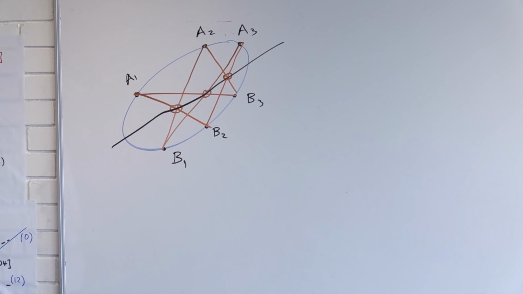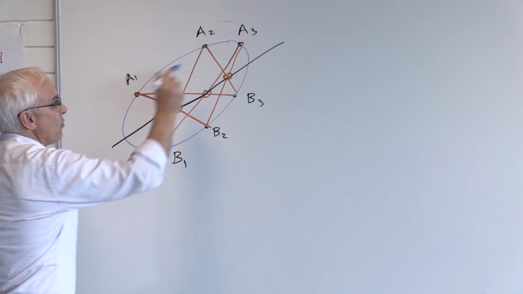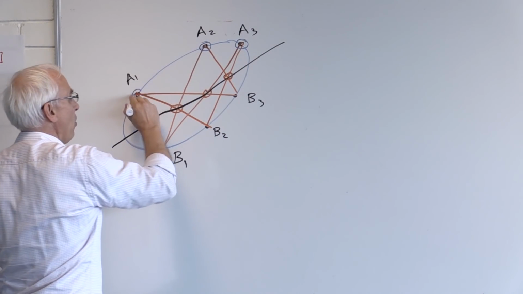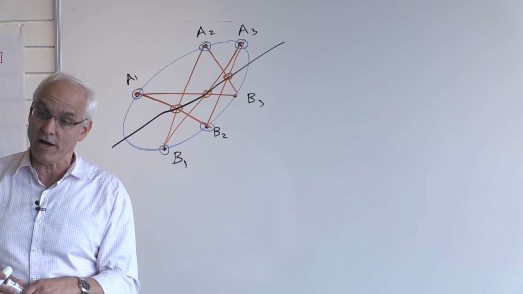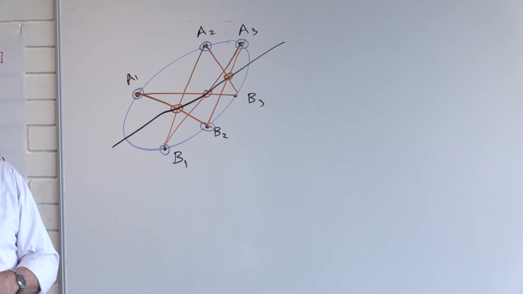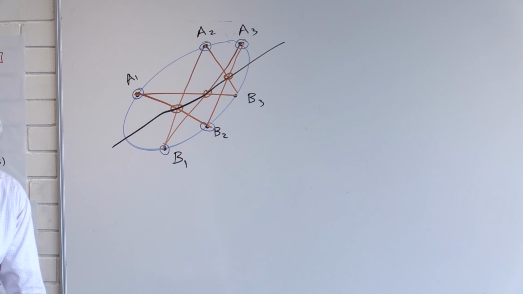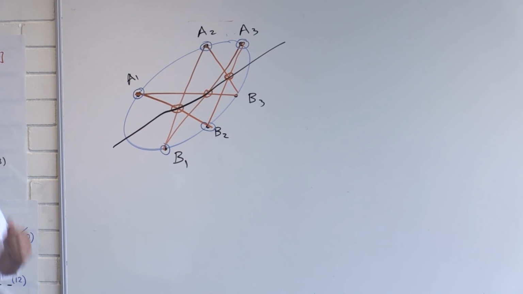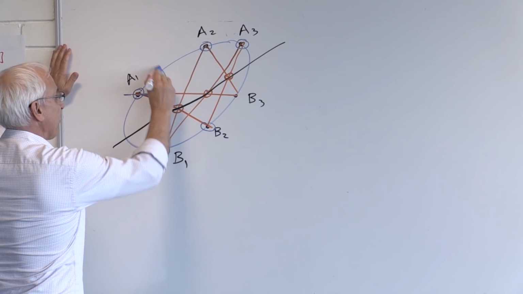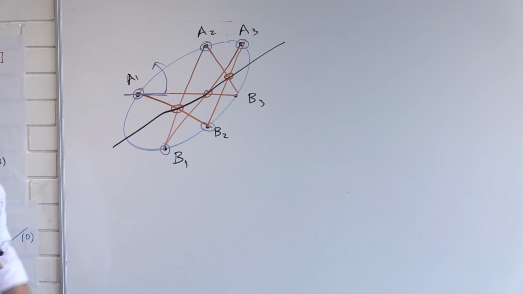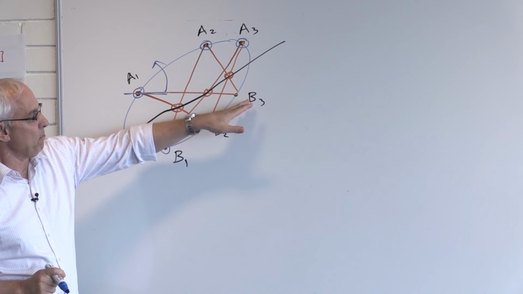Now, this has many unpleasant consequences, but one of them is that if you know 5 points, let's say you know these ones, and you want to actually physically construct the conic that passes through those 5 points, then what you can do is consider one of these lines to be variable. Let's say perhaps this one here. So we'll consider this line to be variable but fixed through A. And we want to figure out where B3 can be.